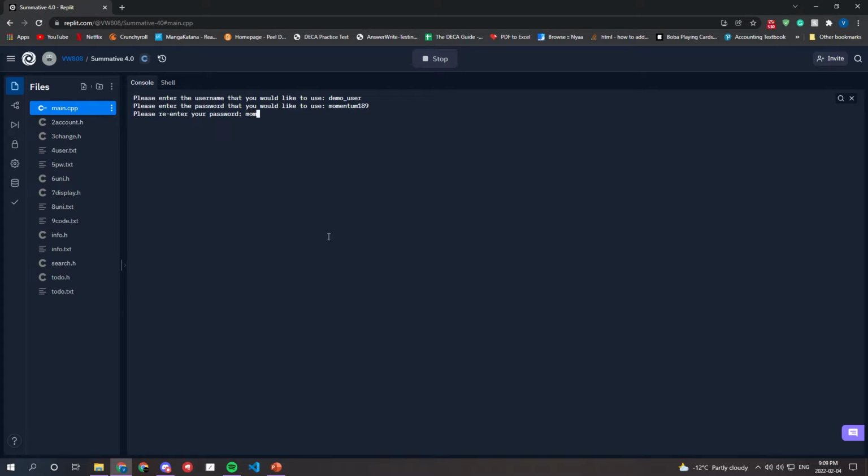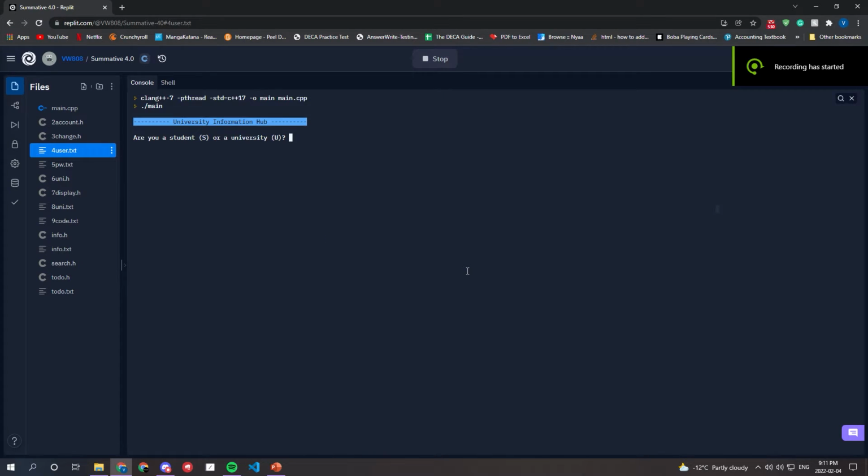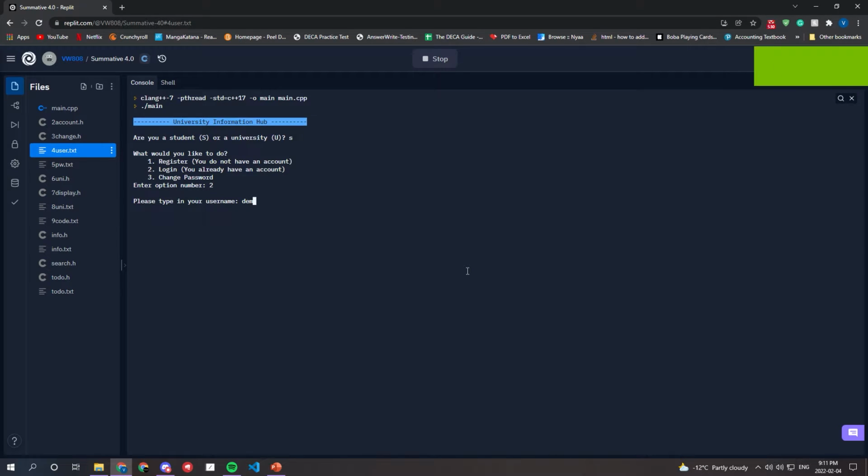Then I'm going to re-enter it the same way, momentum189. And then right here, it's going to successfully register my account and then redirect me. And from here, what I'm going to try is logging in. So I'm going to log in, using the user that we used, demo_user, like this. And then the password is